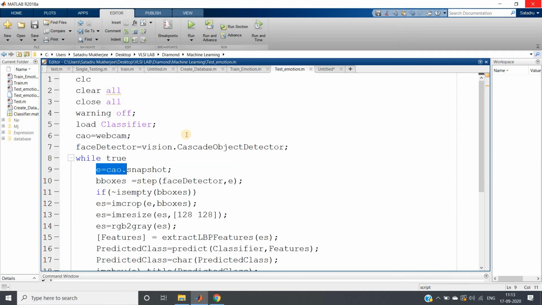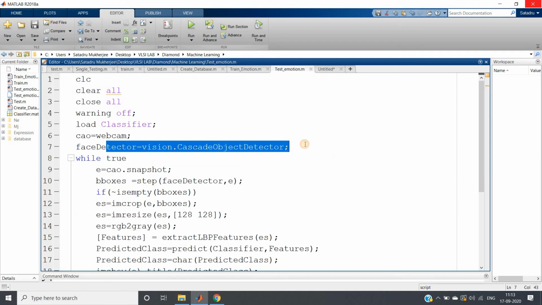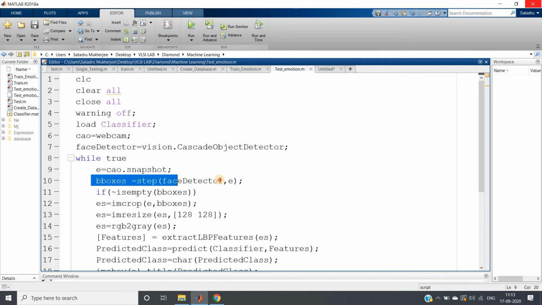Here, first we are creating the face detector object, then a while true infinite loop. We take one snapshot and detect the face part.